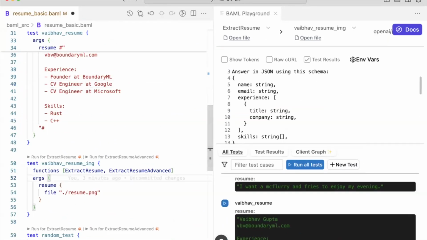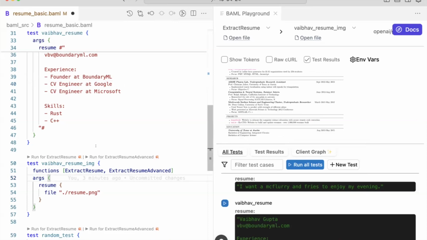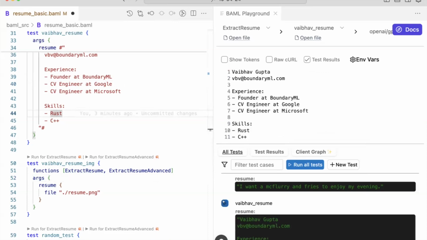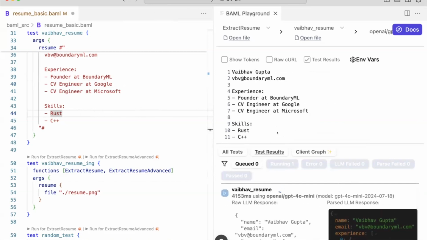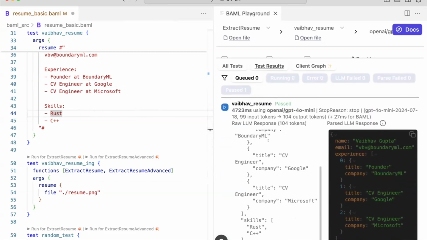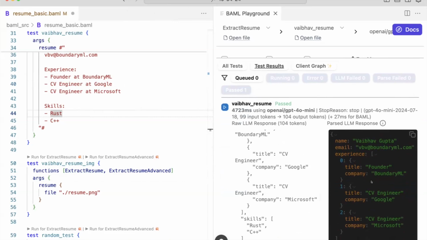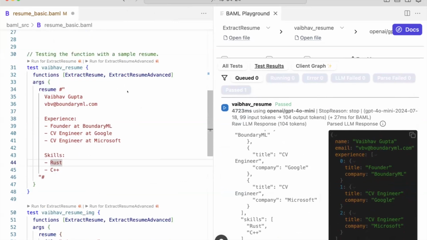So let's actually work on rendering images as well, right in scope. But let's just run a quick little example of what's going on. And cool, we got something kind of nice. The LLM output something. This is all JSON compliant, and it works. This thing took 104 tokens. Let's see if we can do better.